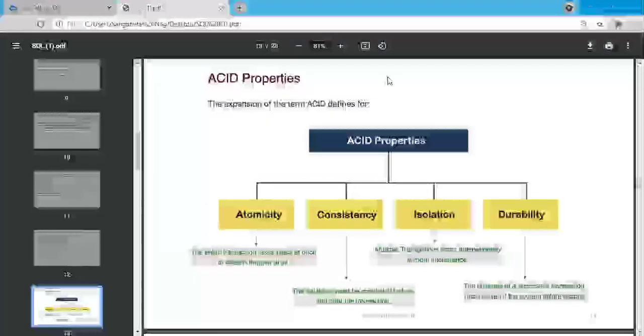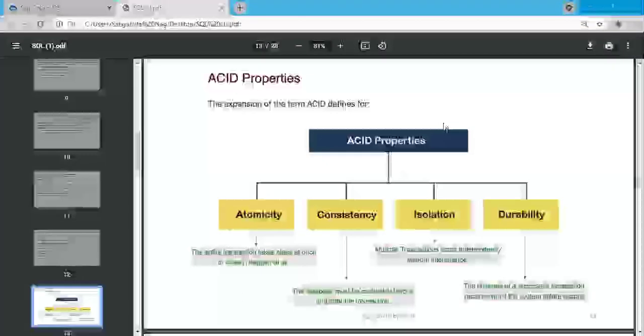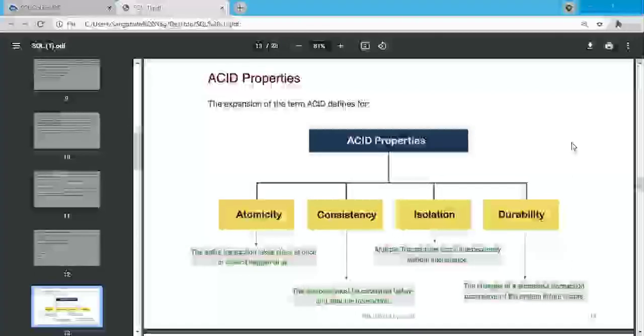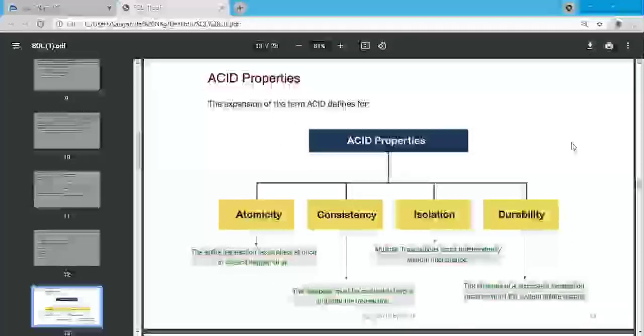Yes, just one question regarding isolation. You mentioned that multiple transactions occur independently without interference. That means, suppose in the example one side has been deposited and another side has been debited, you mean to say these are the multiple transactions that should occur. Right. So when you see your bank statement, it will show that your dad deposited 100 rupees, you withdrew 50 rupees, and your balance is 150 rupees. Agreed? Yes. Basically it captured all the transactions that happened in your account. Okay. So that is what is